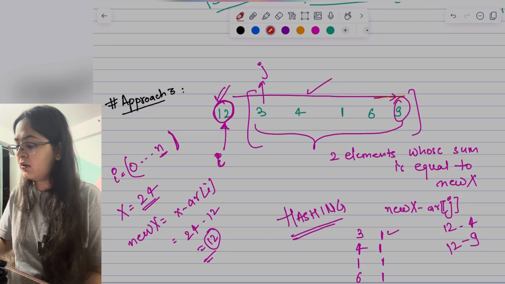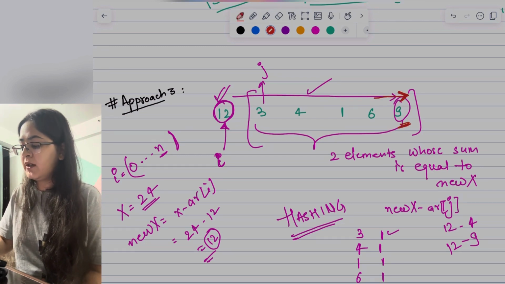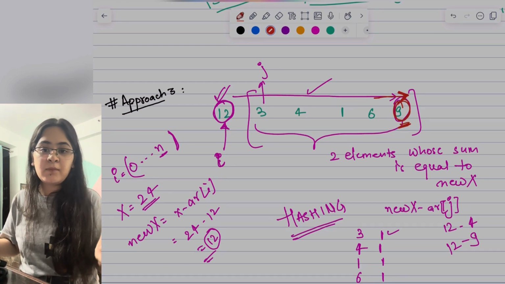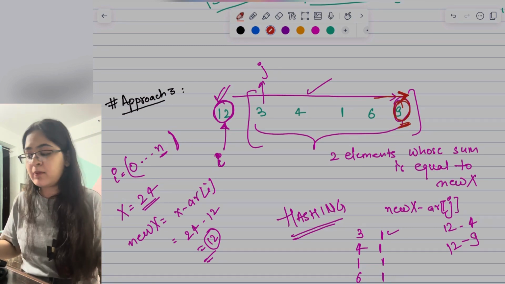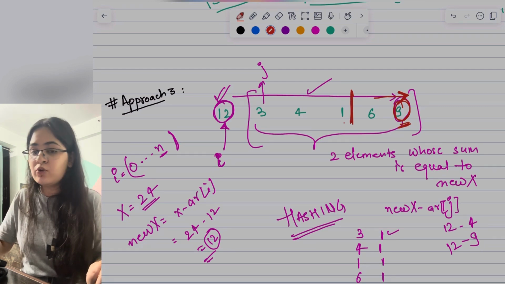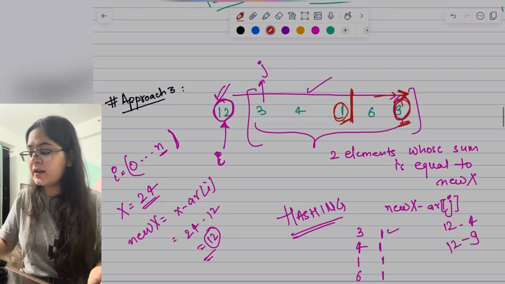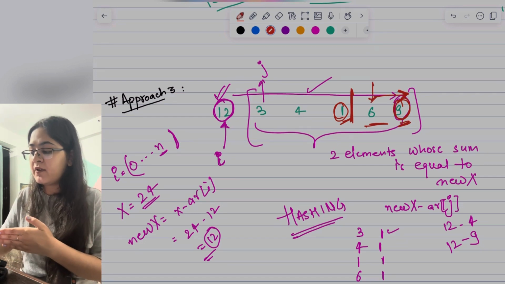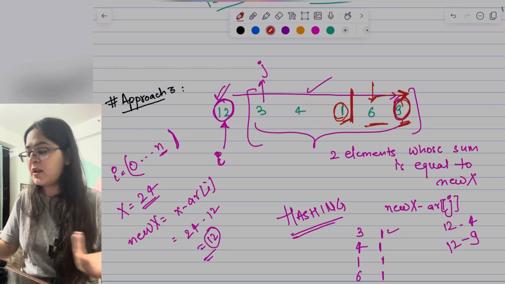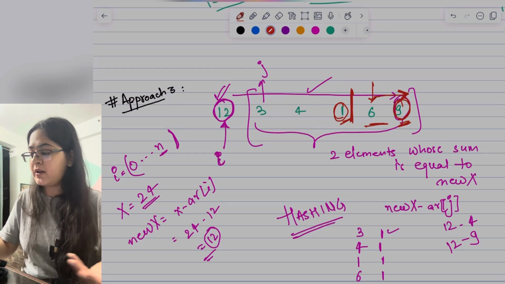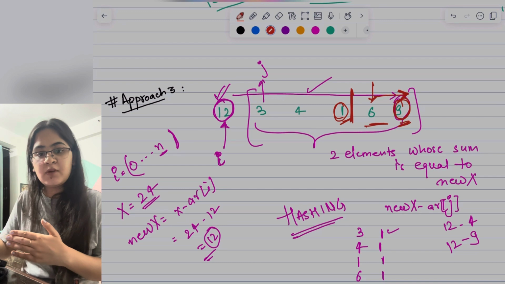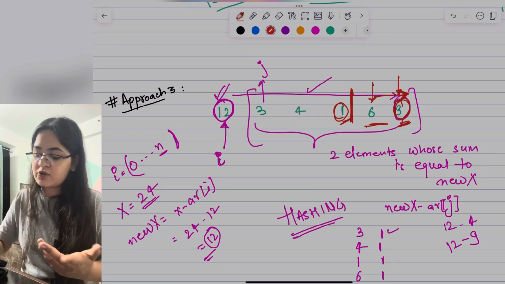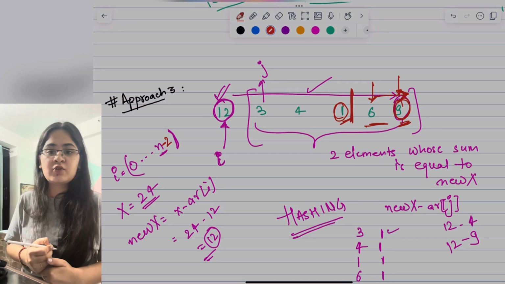Now one thing you should notice is that if I run my outer loop till here, for 9, what triplets am I going to find? There won't be any triplets left, so I should run my loop till here only, because in that case I would have at least a triplet, since 6 and 9 would be there. But if I run my loop till 6, I won't be able to find any triplet, right? Because only one unseen element would be left in the array. For 9 there won't be any unseen element, so that is why instead of n I am going to run my loop till n minus 2.